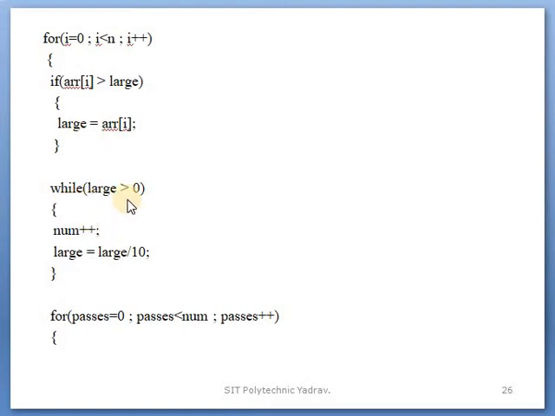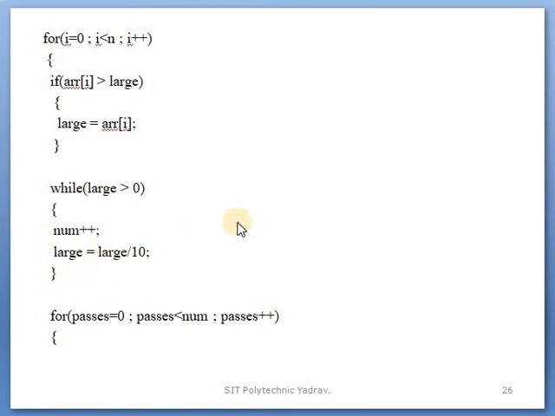After that, check that the largest number is greater than 0. After that, divide: the large value is divided by 10, means in that we calculate the unit number.